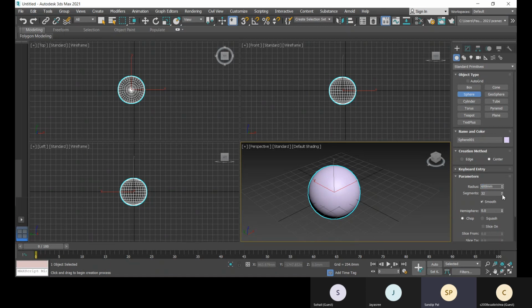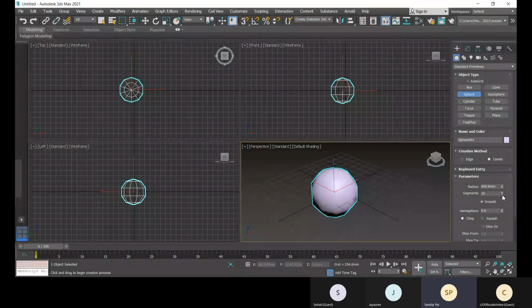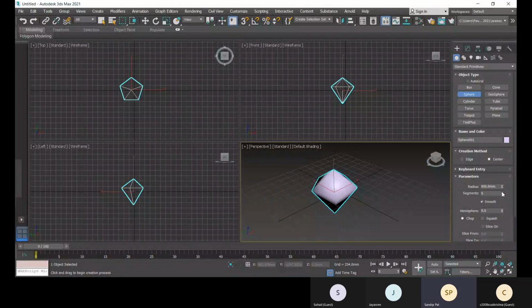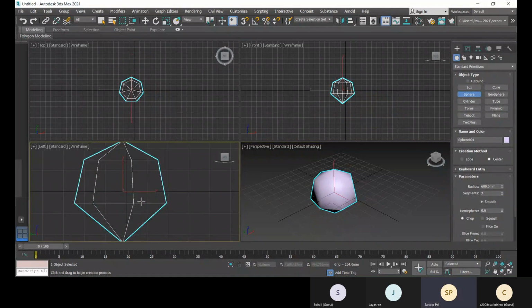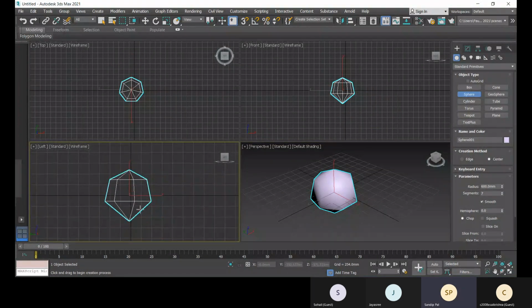If you change the segments, then you can get a different kind of object. You should check that. Here you can see this kind of object you can have. And now you can have a hemisphere also.